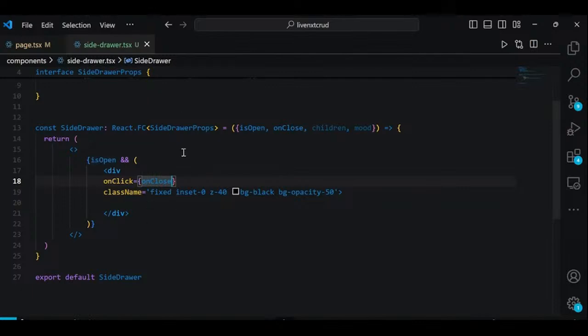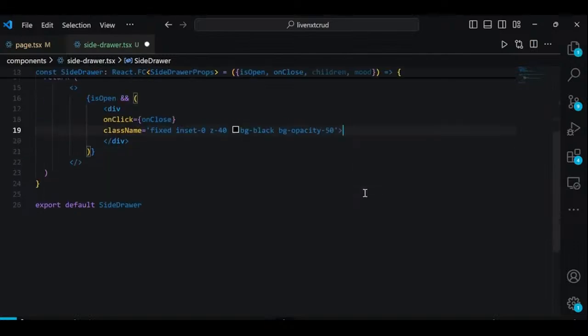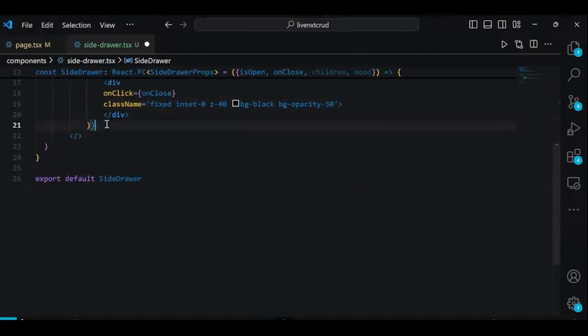I'm going to go ahead and add this so that we can click on the dark overlay and it closes out. I'll show it to you once we actually build it out. Then outside of this div, we'll add another div,